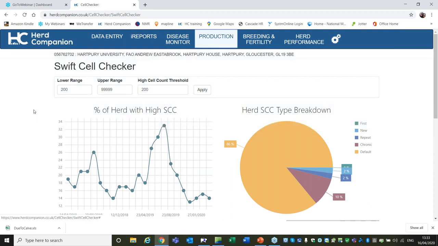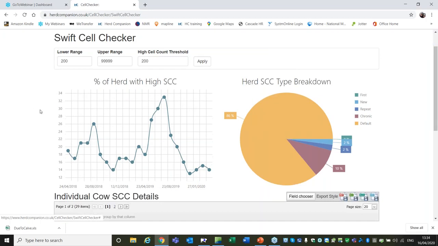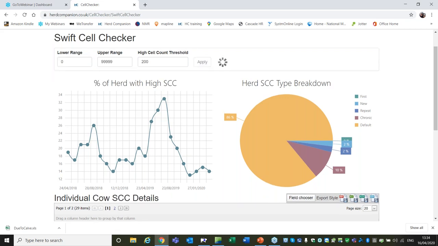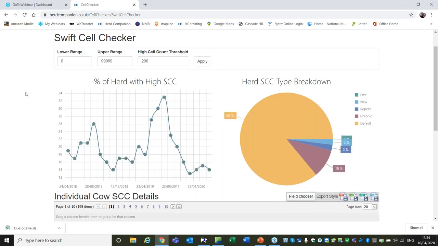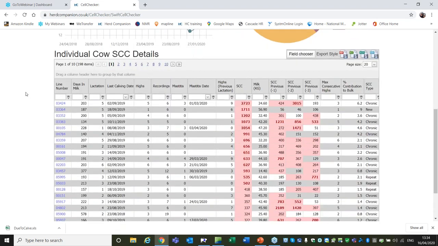But yeah, this one. Now, when you first look at it, you've got the graph summary of your herd. The lower range is always set to 200. So if you want to see all cows on the list further down, change that to 0, apply, and then scroll down, and you've got your individual cows, just like your cell count report on paper. And yep, you can rank those, sort them, change the sort order as well. Hope that's what you were meaning,